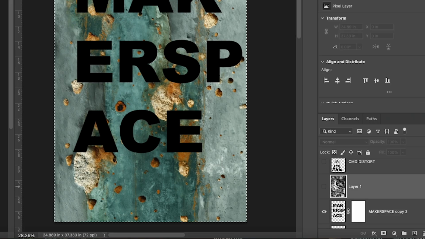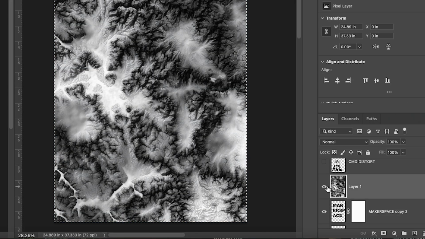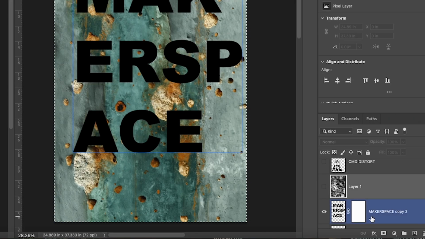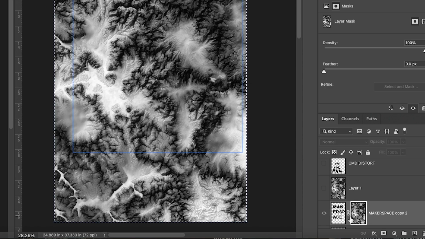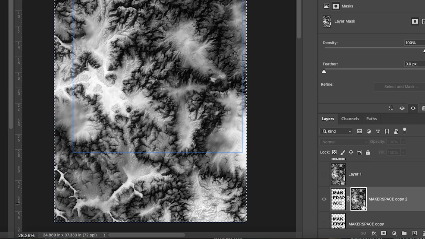Maybe I did not select this layer. Let's make sure. All Command C. I've got it in memory. Now Option click here and Command V. And now you can see that I've actually pasted in this image as a mask, which is great because now